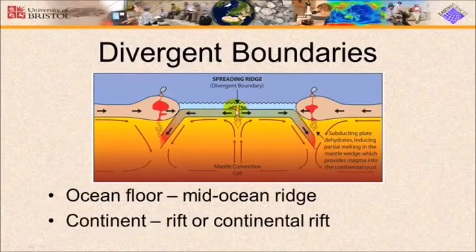activity. When a divergent boundary is on the ocean floor, a mid-ocean ridge is formed. That's the Earth feature that we can see. When a divergent boundary is on a continent, a rift or a continental rift is formed. And again, that's the Earth feature that we see. There are continental rifts in Africa and in Central America, and mid-ocean ridges run down the center of all of